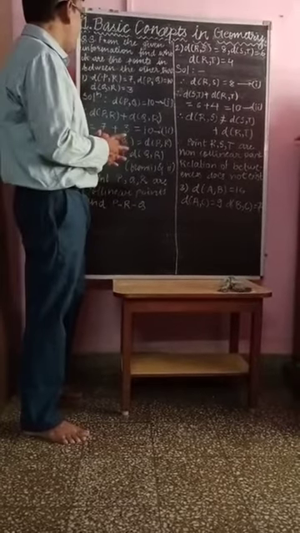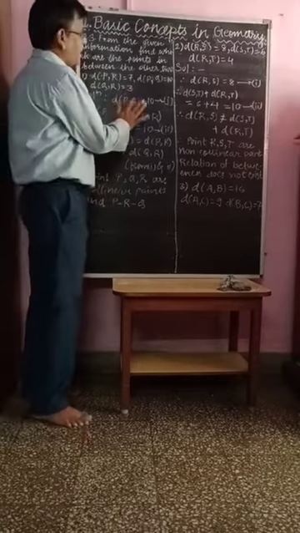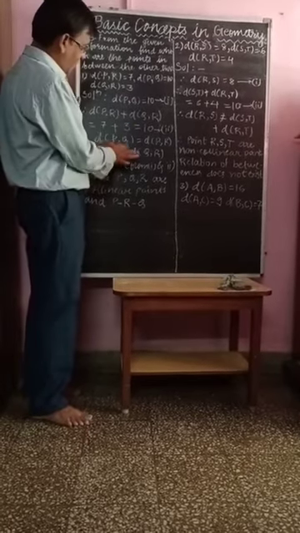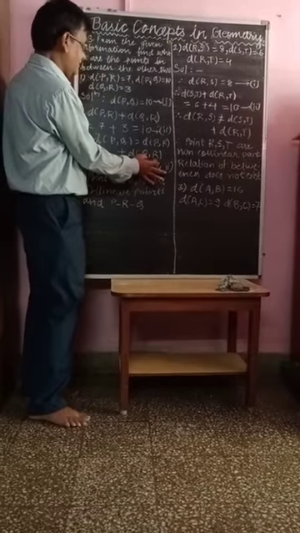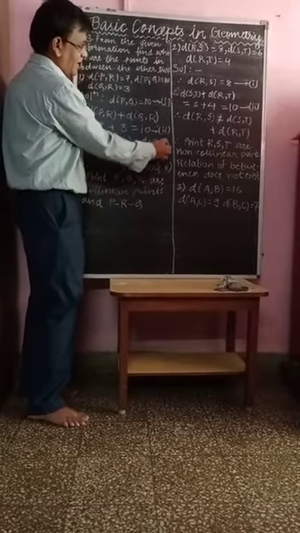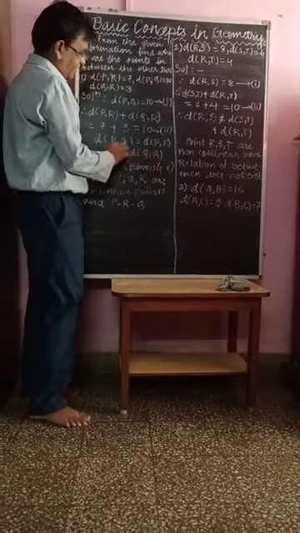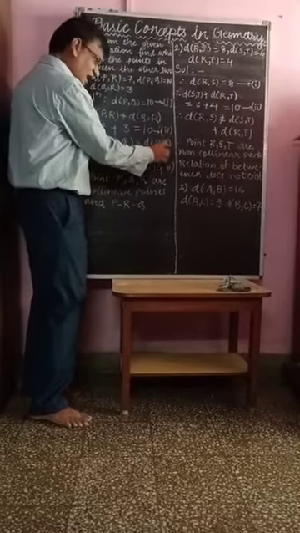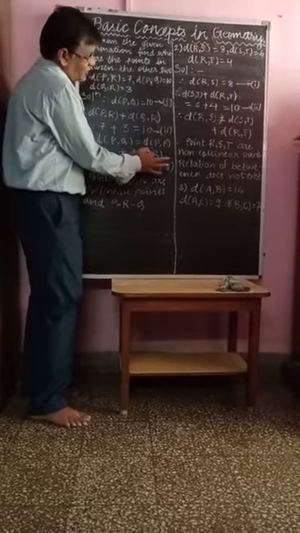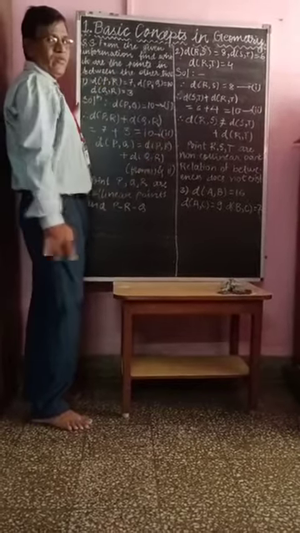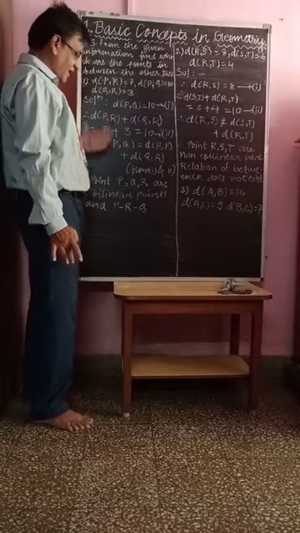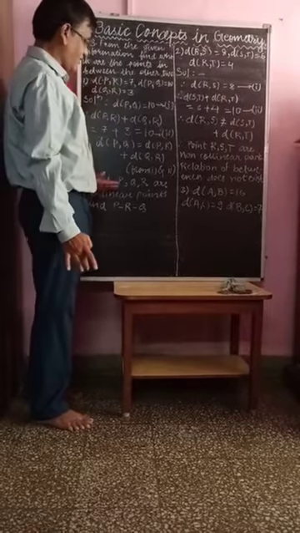Now how do you get in between? See here, PQ is equal to PR plus QR. Here R is in both the distances, that is, in PR there is the point R, and in QR also the point R is there. So R is in between P and Q. You can say that. So similarly, this is the first question.